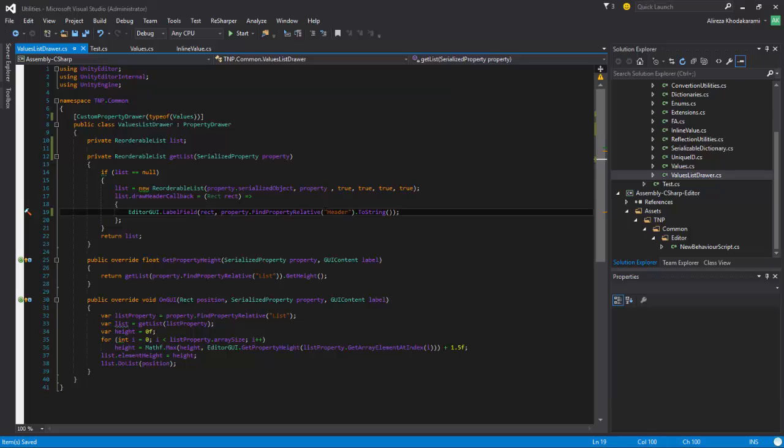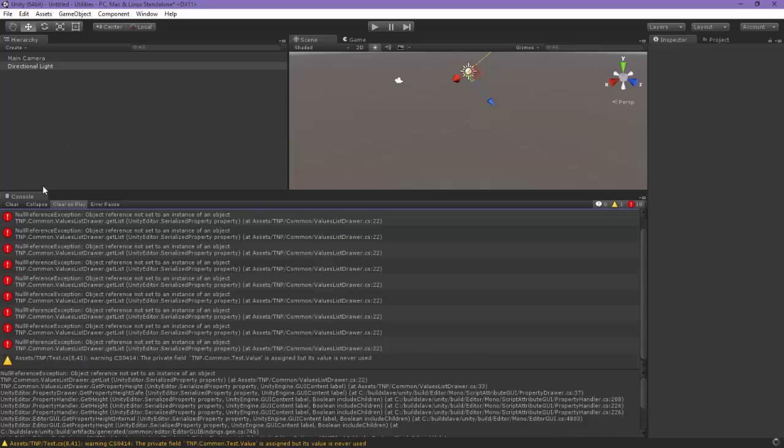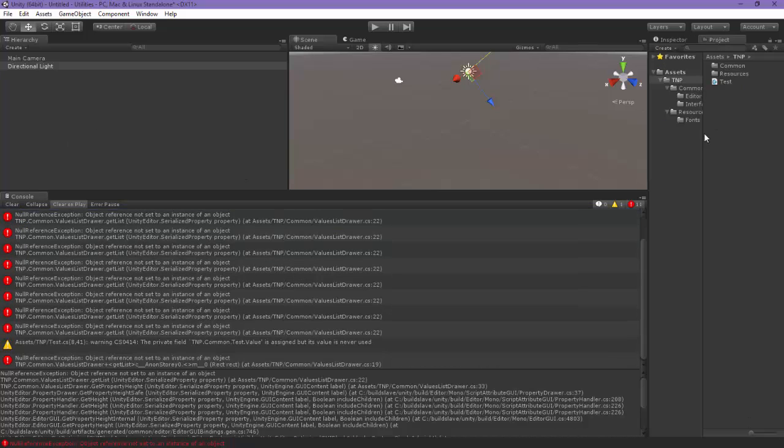Okay, and for testing purpose I will say equals to blah. Then in here, yeah, I know, don't yell. I need to move my property drawer back to the editor,